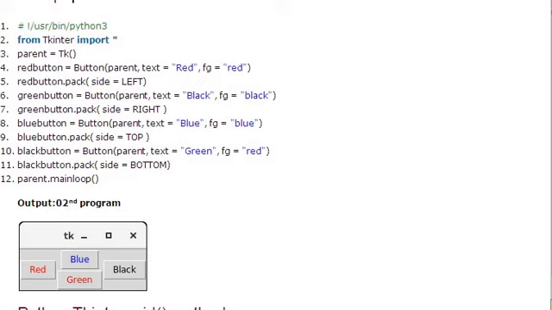There is no rule that if the text on the button is green, it must have a foreground color of green itself. To show those types of things only, they use things like this. So no confusion regarding that. What is important is how you are packing, what size you are specifying, and what your parent is. The parent is always Tk here, and what is the text to be displayed on the button, and what is the foreground color. Just keep in mind all these things. If you have any problem with the variable names, you can just use x, y, z, etc.